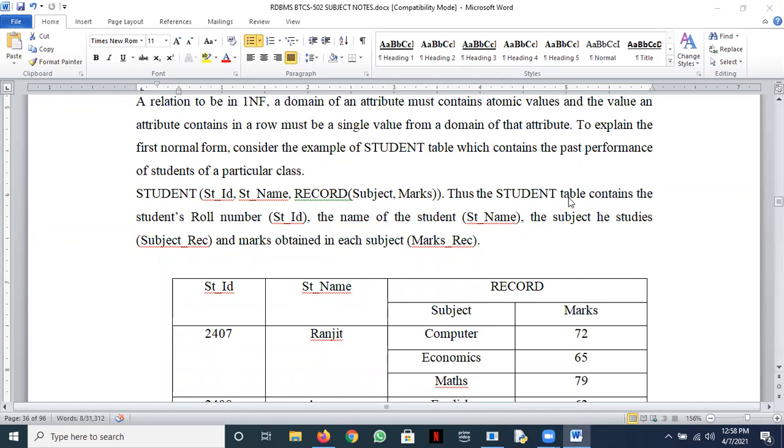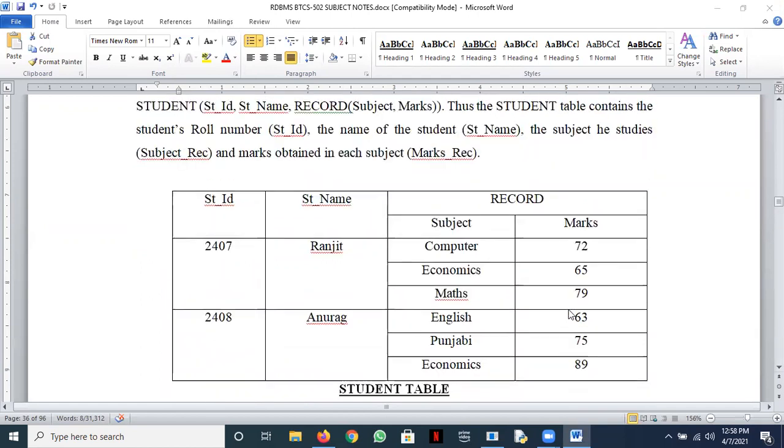Okay, Sejal wants to answer. Yes, Sejal. Sir, firstly, can you please explain again what repeating groups in a table mean? Repeating group means that every row column intersection should have unique values, not multiple values. You see this row column intersection, can you see? 2407 is the student ID, Ranjit is the name.